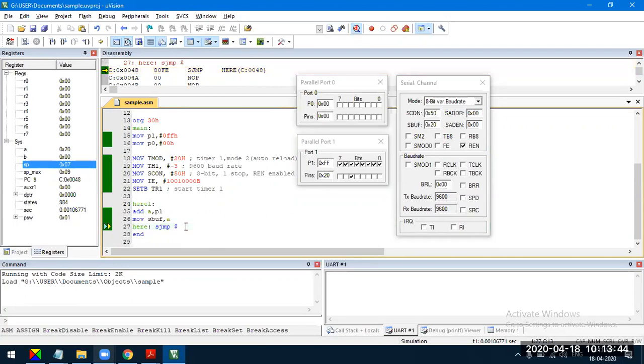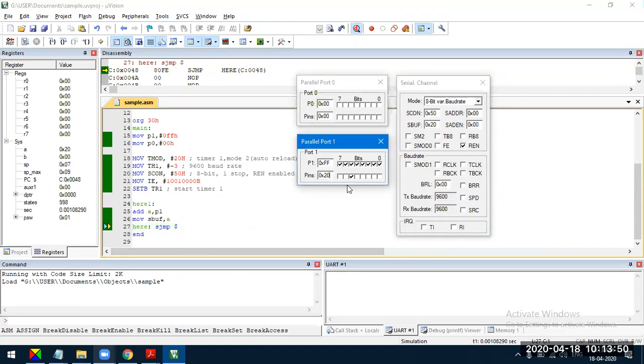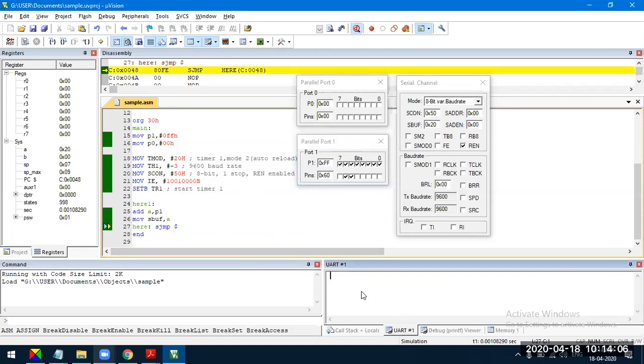It will continue to run the main program till we transfer another byte of data. So we can change this, let us say I make it some other data, and I can continue to execute the code. So this shows the transmission of data serially. How to receive the data? For that, what we have to do is this. Do you see this serial window, guys?